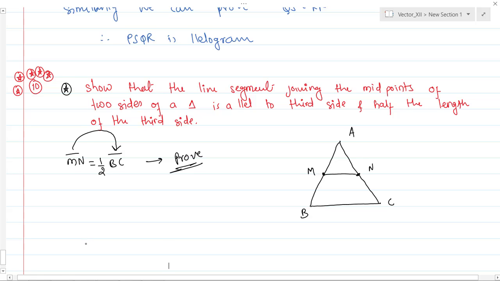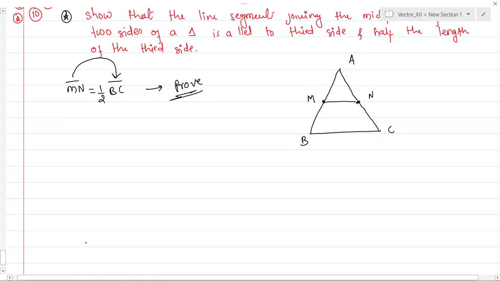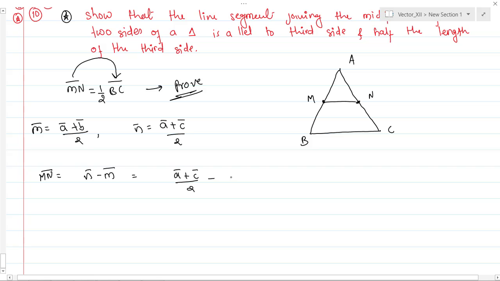First of all, let's find out M bar and N bar. M bar is the midpoint of AB, so it becomes (A bar plus B bar) by 2. And what is N bar? It is nothing but (A bar plus C bar) by 2. Let's find out MN bar. MN bar is equal to N bar minus M bar. It is equal to (A bar plus C bar) by 2 minus (A bar plus B bar) by 2,